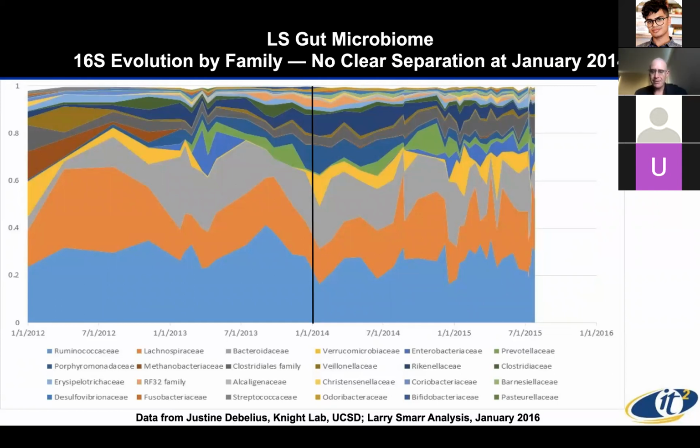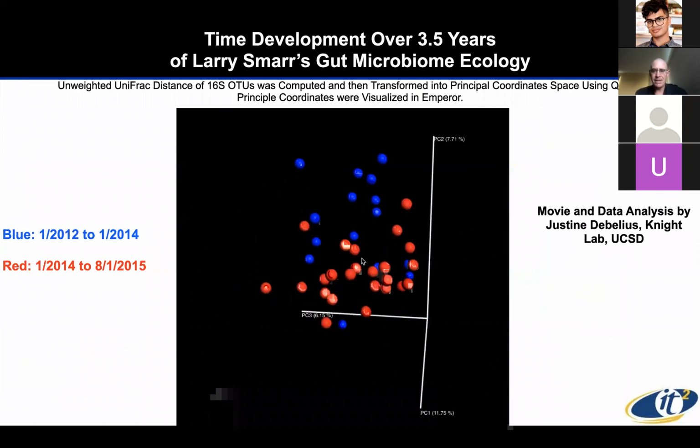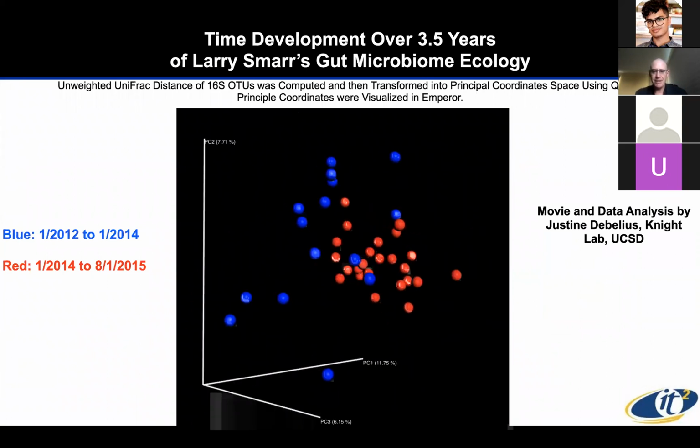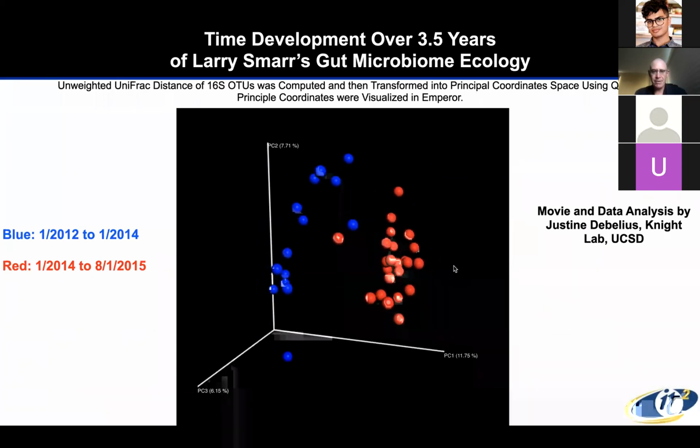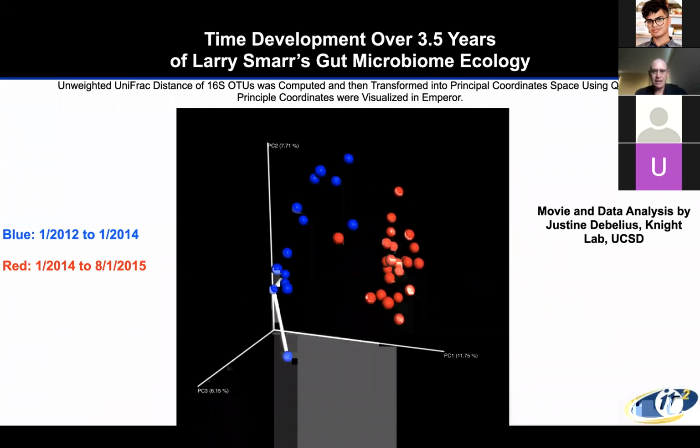But we got all of the data and reprocessed it with our pipeline. This was led by Justine Debelius, a grad student in the lab at the time. And what you can see is a very clear blue and red region. This is just rotating the frame around. When we animate, you see he starts off at one edge of the blue, travels directionally through the blue, crosses over into the red, and then bounces around at random in the red.